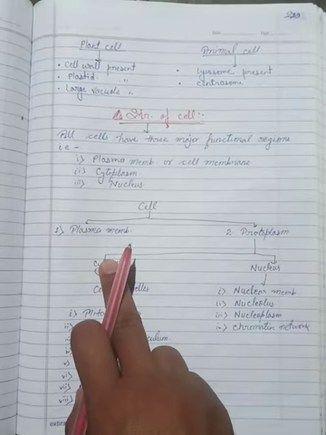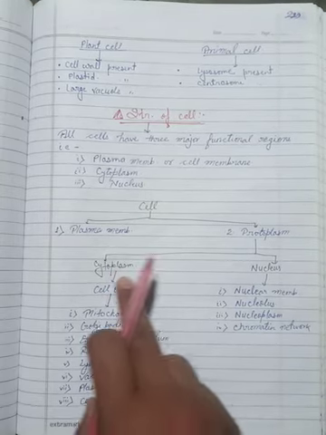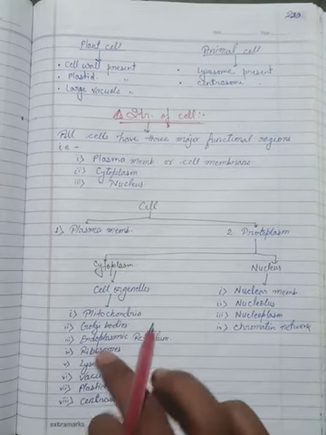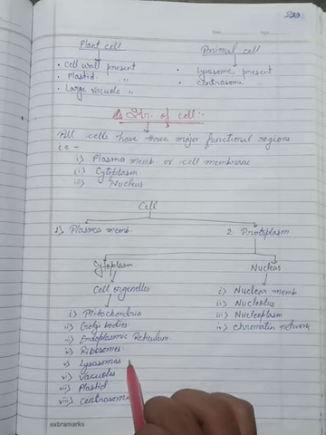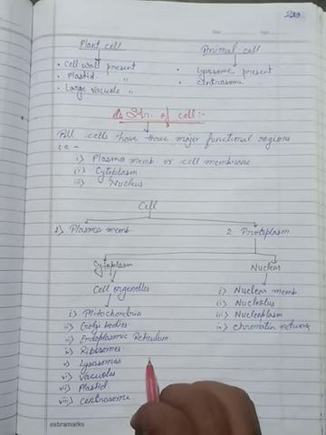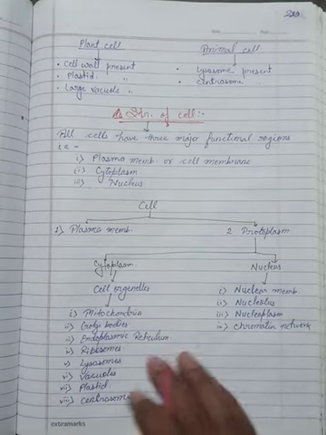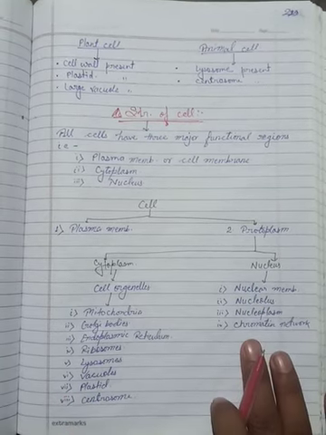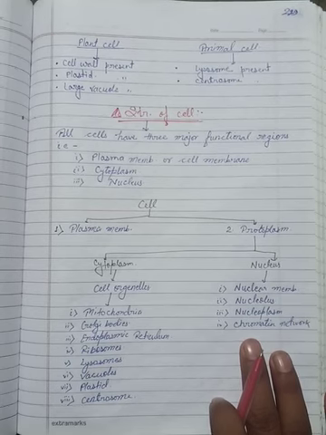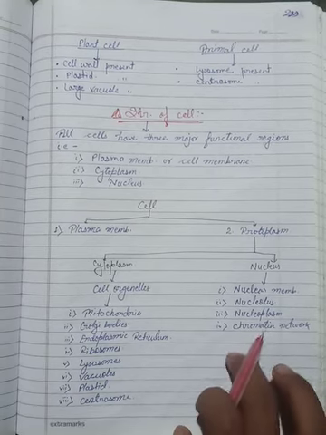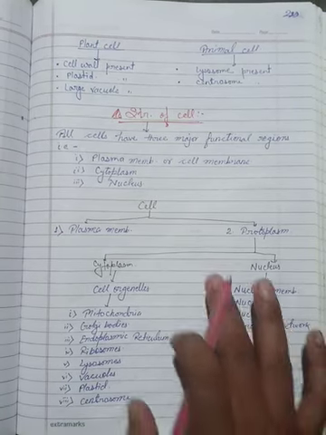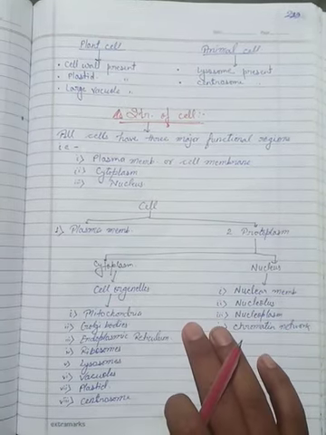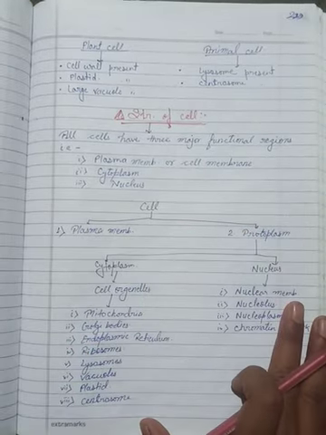In the cytoplasm, there are lots of cell organelles suspended or embedded: mitochondria, Golgi body, endoplasmic reticulum, ribosome, lysosome, vacuole, plastid, centrosome, and lots more. And the nucleus has parts: nuclear pore, nuclear membrane, nucleolus, nucleoplasm, and the most important thing, the chromatin network or chromatin fiber, which turns into chromosome. So my dear, that is finally the structure of cells.